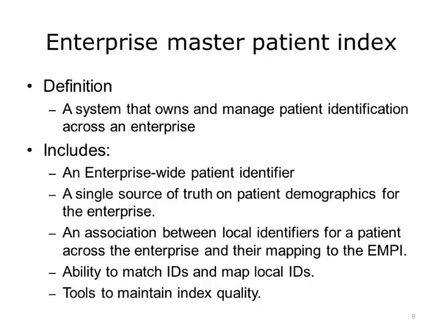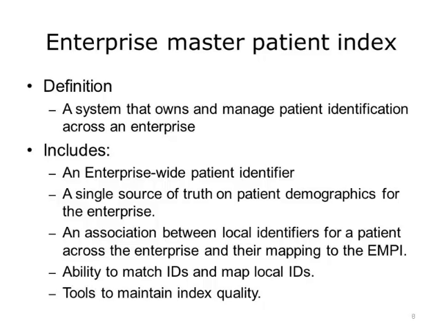An Enterprise Master Patient Index, or EMPI, is a system that owns and manages patient identification across an enterprise. It generates and maintains an enterprise-wide unique identifier for a patient. It serves as the single source of truth on patient demographics for the enterprise. It maintains the association between all the identifiers for a patient that exist across the enterprise so that patients can be matched and records linked. It provides tools to allow EMPI quality analysts to maintain the quality of the index by resolving potential duplicate records